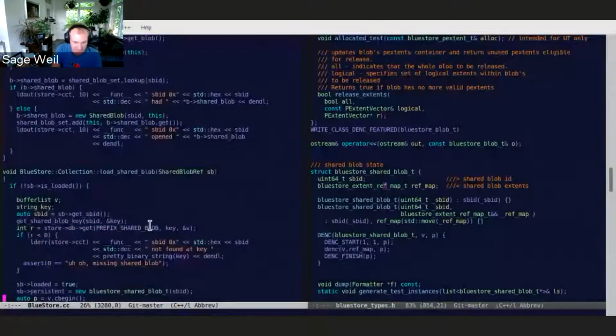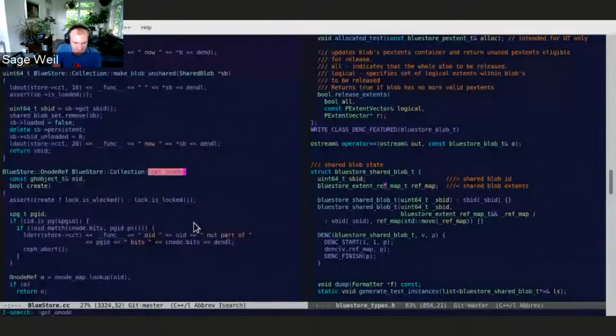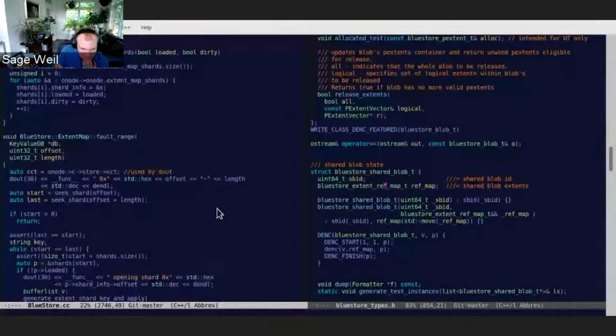So just a quick example, if you do get O-node, now let's do vault range. If we load a region of an object of the extent map into memory, then we're loading all the blobs. So this will